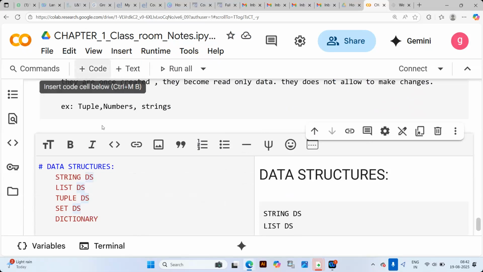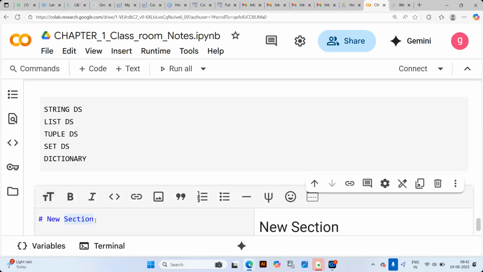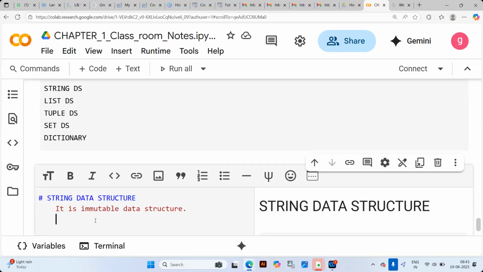Coming to the string data structure, it is an immutable data structure, which means once it is created, it doesn't allow any changes, right?